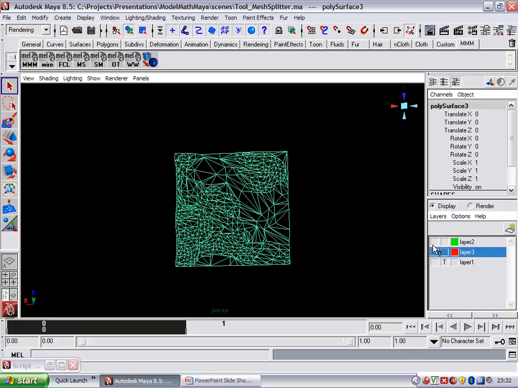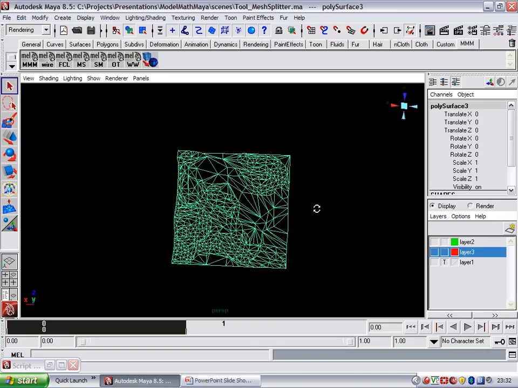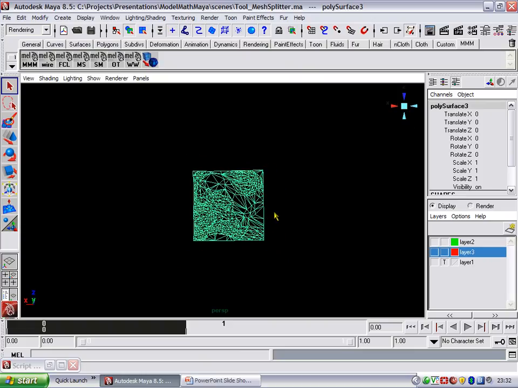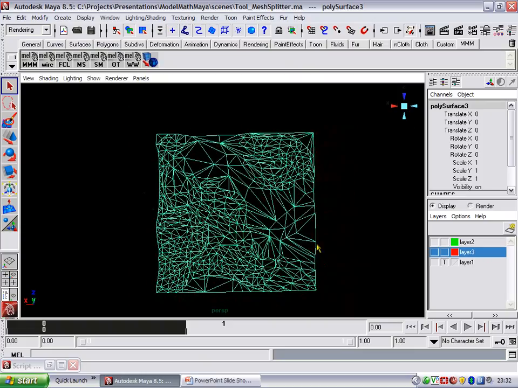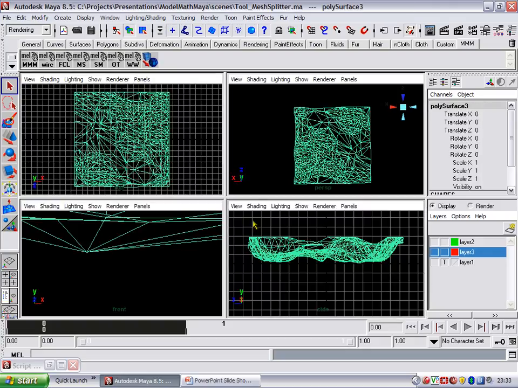So just one thing I want to point out before we begin, one of the main reasons why we're doing this is that if I zoom out, you can see that some triangles are much larger than others. So one way that somebody may consider solving this problem of getting the surface area would be just to break up the mesh by a number of triangles. Well, if I select, for example, these triangles here, and these ones over here, you can see that it's the same number of triangles, but it's clearly a different surface area. So by breaking it up